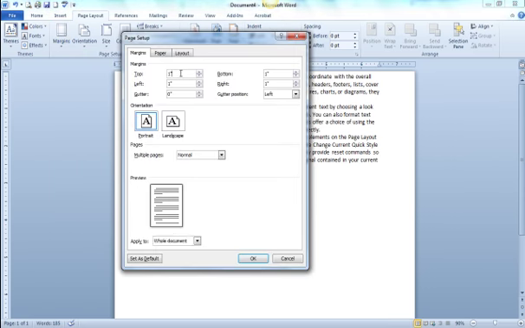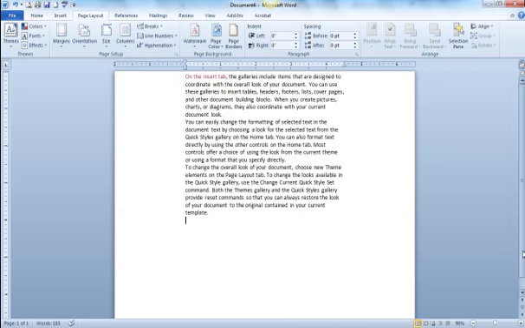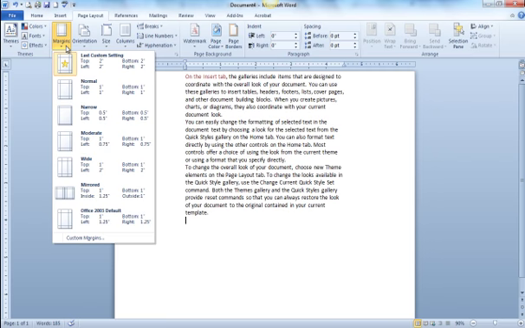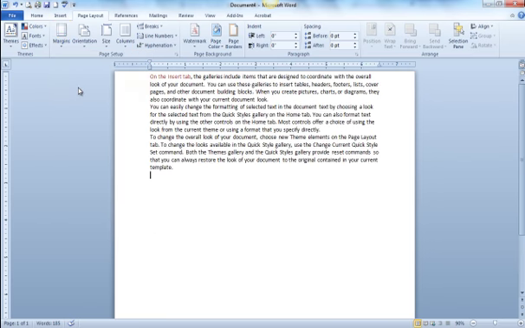I can then go ahead, I can actually key in the size of the margins that I want. So I'm just going to increase these to 2 inches so you can kind of see how this will affect the document. And I'll just go ahead and click OK. And you can see now there is much more white space around the text because I've made the margins so large. I'm just going to go back and reset those to normal, and then they will just go back to